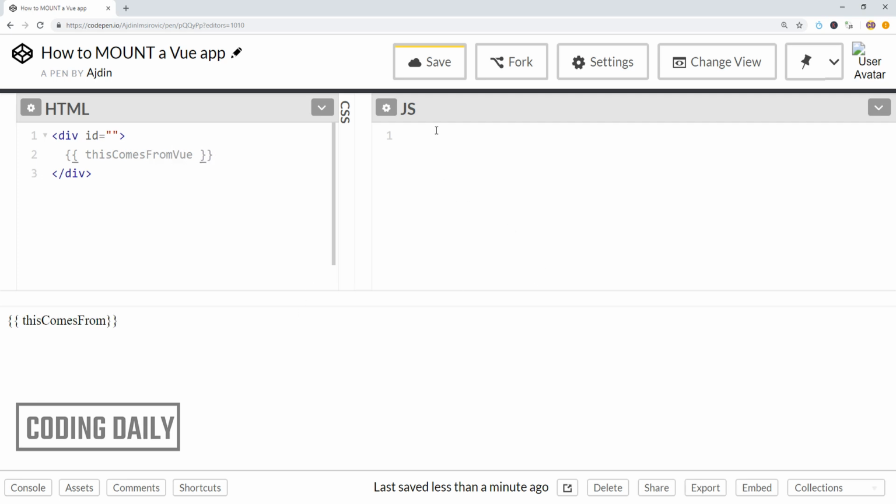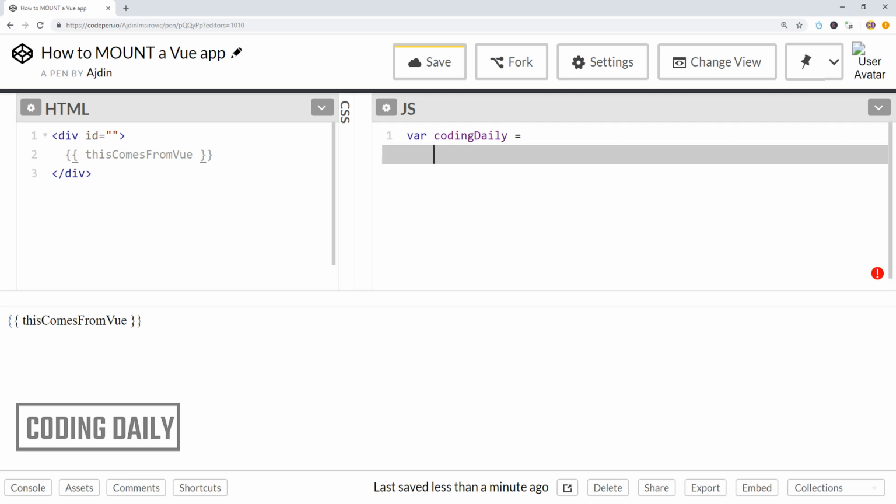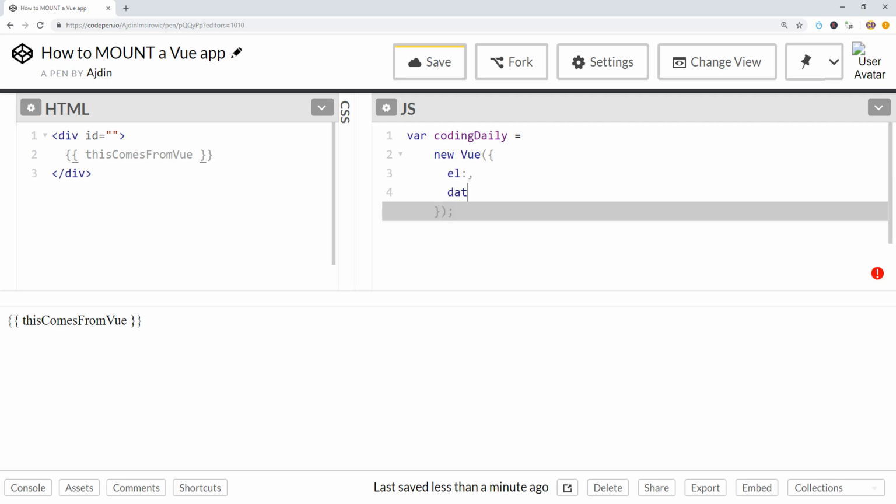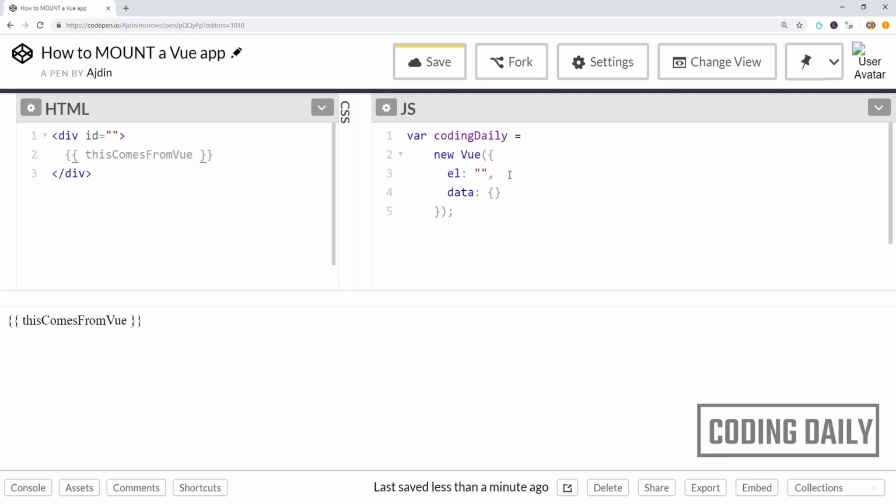Alright, now in our JS, I'll simply say var codingDaily equals new Vue, and that's our Vue constructor, and we'll pass this constructor an options object, this options object right here. So let's expand it, and we'll give it two values, the el value and the data value. The el value is the entry point to our app, so here I'm going to simply type codingDaily, and